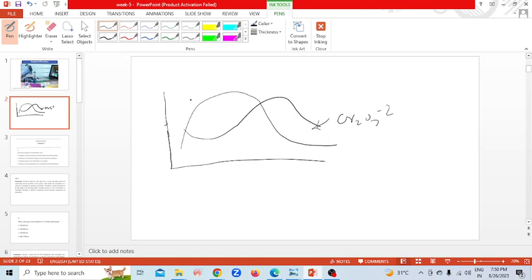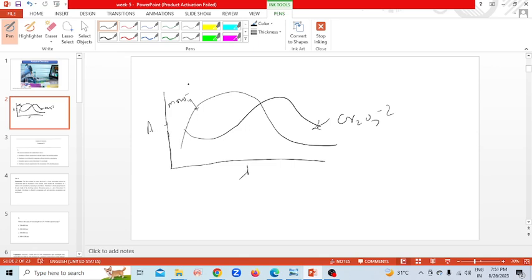Okay, so this is the peak of MnO4 minus, and this is K2Cr2O7, so it is Cr2O7. Individually you will get a peak like that. But if your analyte has both ions,